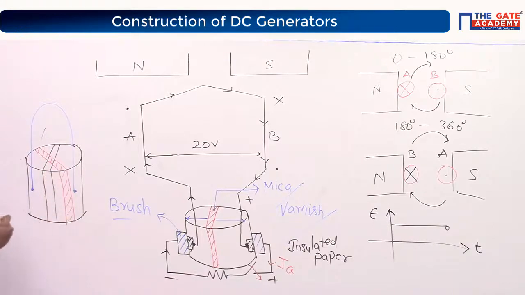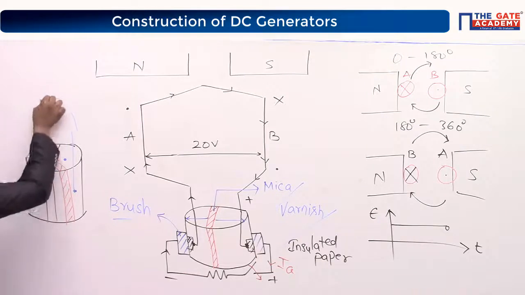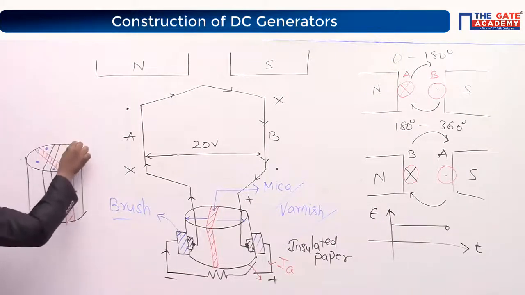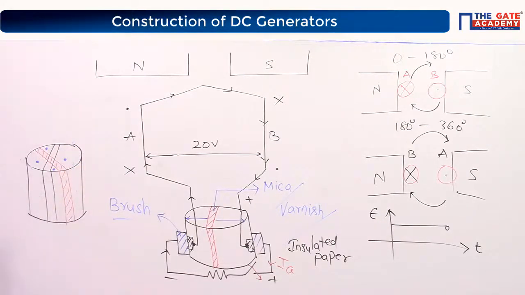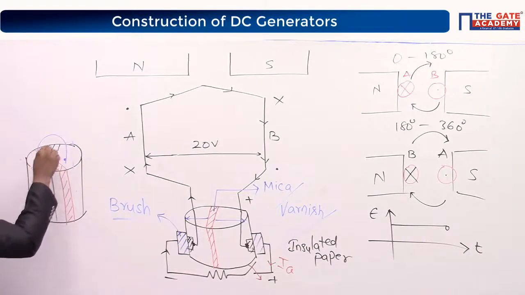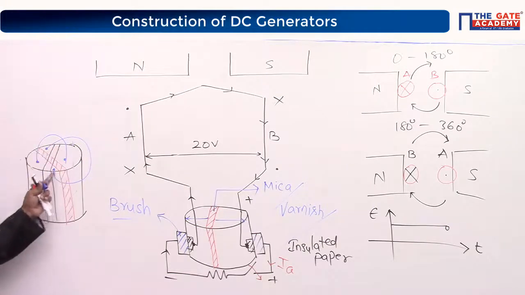Look at this now. Now you tell me. If I connect, is there any electrical contact between this and this? I am showing in a simple manner. Forget about this. I will take in a simple manner. I have one electrical connection like this. I have another electrical connection like this. Tell me, are the two coils short circuited or away from the short circuit?